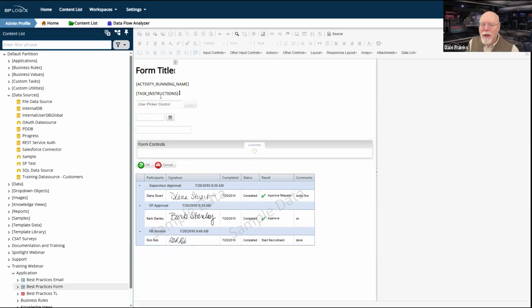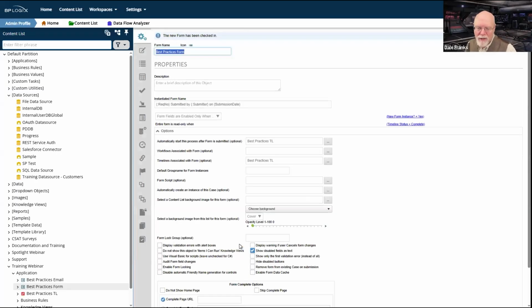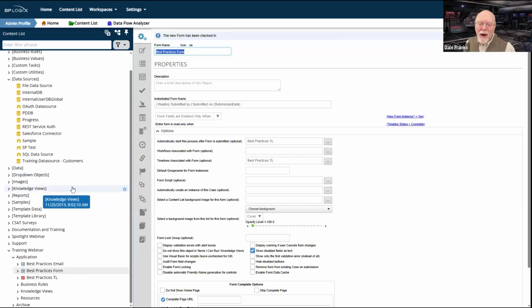Now, one quick thing about these two system variables. I put them here on the form in plain text. That's fine. You can do that with system variables. When Process Director sees the squiggly brackets, it will know that it's a system variable and it will try to convert it to a system variable. So if you just throw it down there in text, that's fine. Now, I have a couple of different practices that I like to use rather than just putting system variables in plain text on the form. I generally don't think that's a great idea, so I would recommend against it.